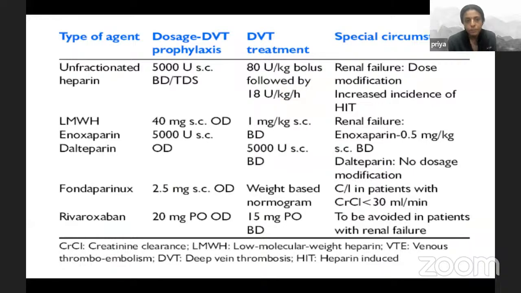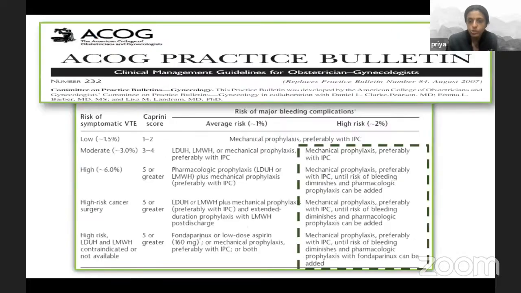how to use it? Unfractionated heparin, we don't use it that much. Low molecular weight heparin, the dose is 40 milligrams subcutaneously. If the patient is heavier, we can use 40 milligrams twice a day also. But in renal failure, the dose adjustments have to be made. The patients with renal failure, we also have to be cautious with rivaroxaban,